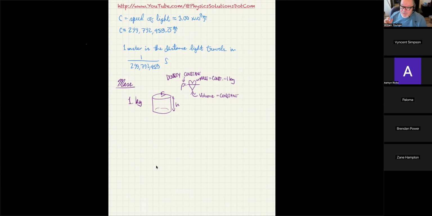Okay. Now, with that in mind, if we want to make something that's useful, we would really like to minimize its surface area, because if its surface area is minimized, then the amount of oxidation is minimized. So one of the extra credit assignments you can do is calculate the dimensions of this platinum iridium cylinder such that the surface area is minimized.